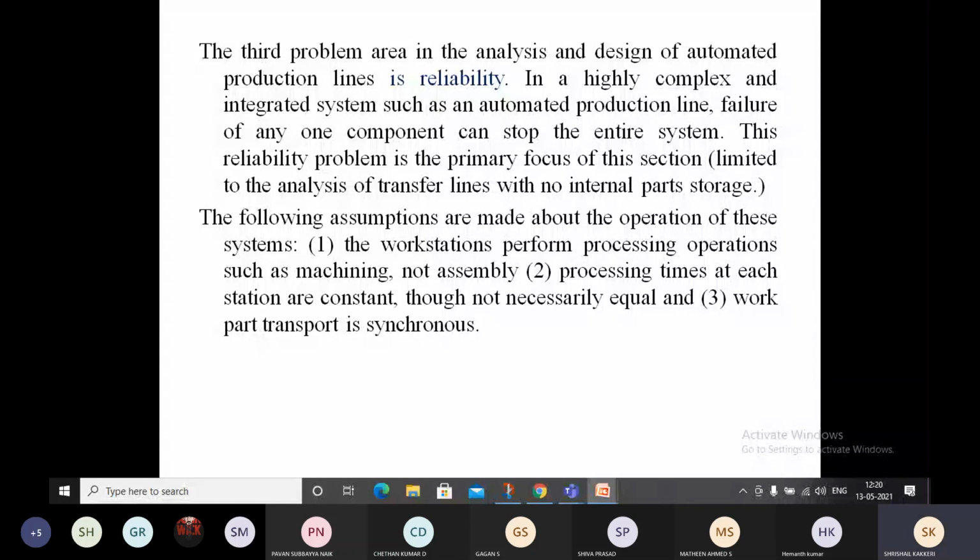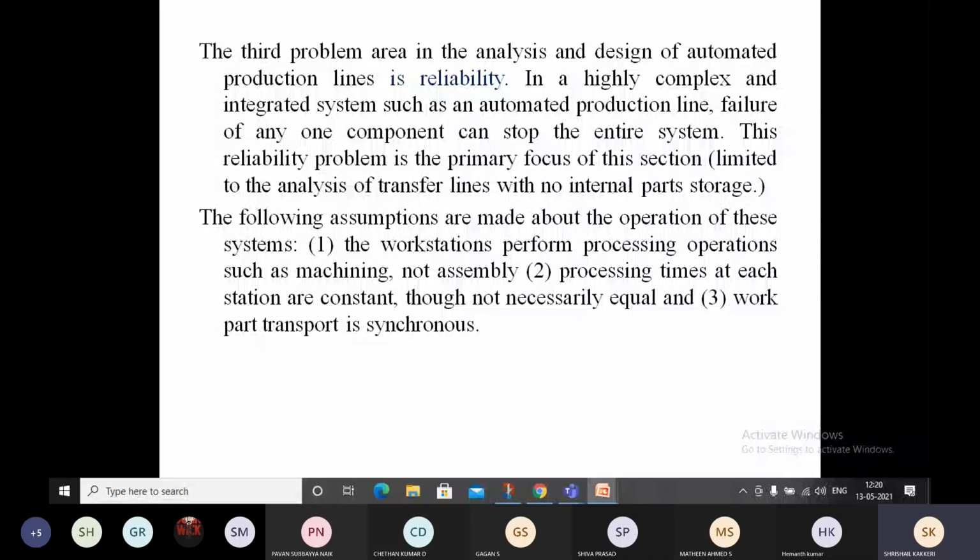In some other cases, with no internal storage buffer, it depends on how reliably the machine is working. Based on that, one machine may stop once or twice in 2 to 3 shifts, when there is a failure. Due to this, a breakdown happens if there is no buffer storage between the 2 workstations, and the entire line will be hampered. In order to avoid this, we should have a basic idea about the reliability of our plant.